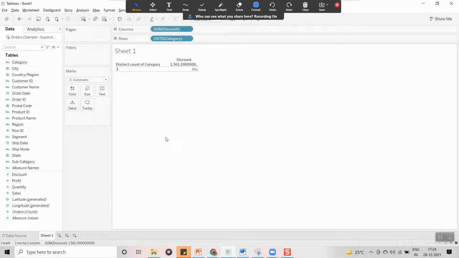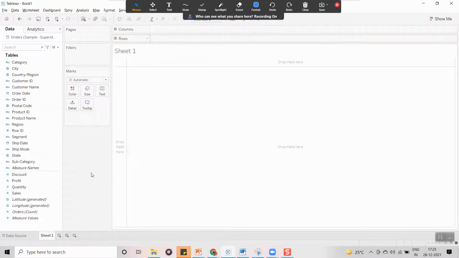So this is how you can convert from continuous to discrete, discrete to continuous, depending upon your requirement. Is it clear, guys? In interviews, people might also ask what is a dimension and what is a measure, or what is the difference between continuous fields and discrete fields.